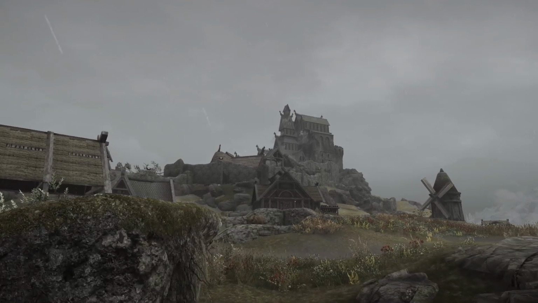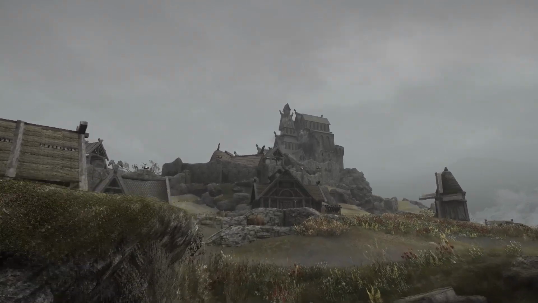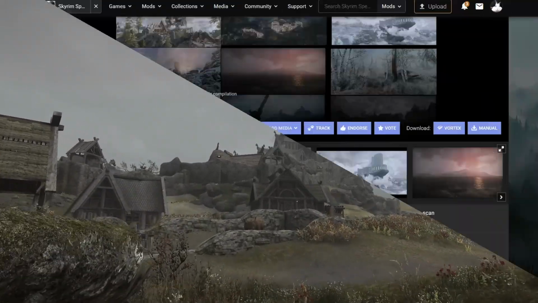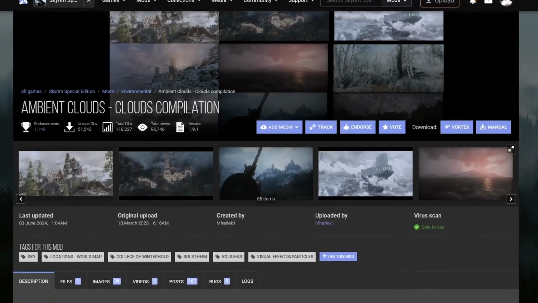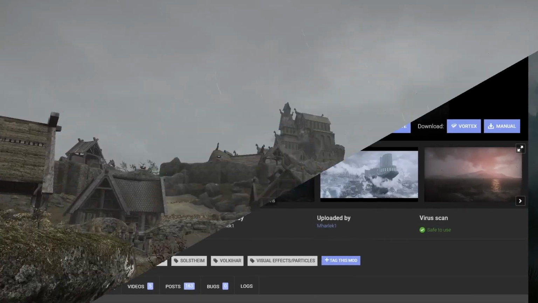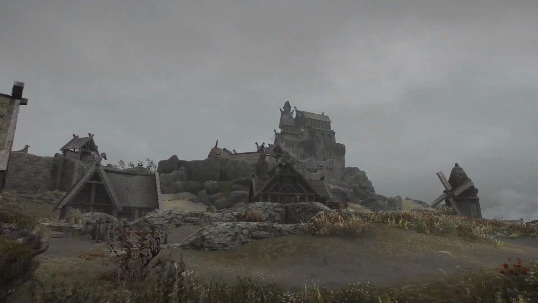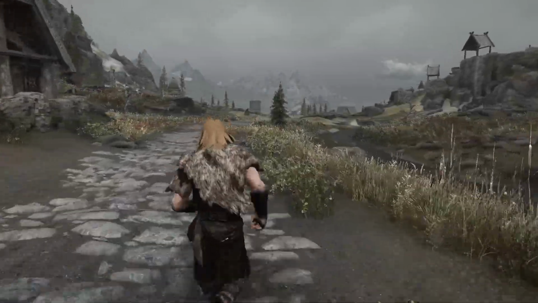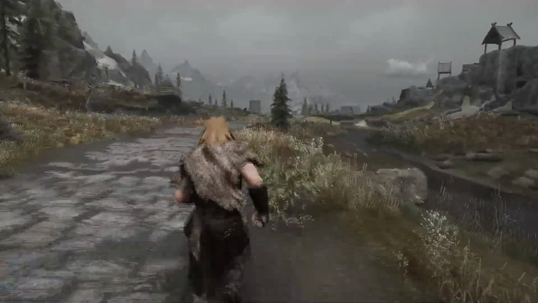For small things, I love the Vanilla Clouds, but I like something a little bit more. This is Ambient Clouds, made by Markler. I'm sorry if I killed the name. If you've been following this channel, you know that my kryptonite is pronouncing names. That being said, this is going to add clouds in cities, different exteriors, and it's going to combine the Vanilla